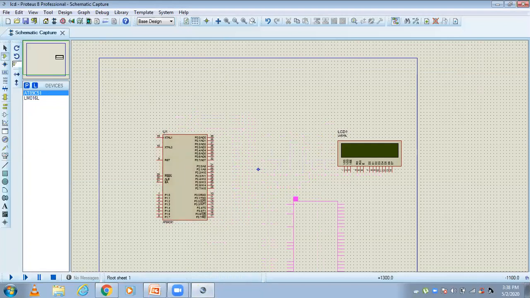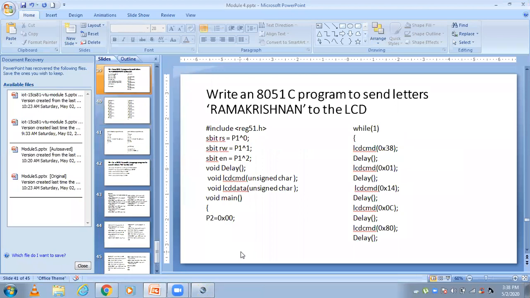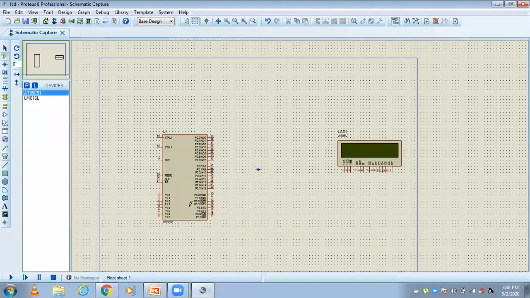Now, how to connect it? According to the program only, we have to connect. See this P1, port 1, and pin number 0 is connected to the register select. So this is the port 1 pin 0, and in the LCD, this is the register select.